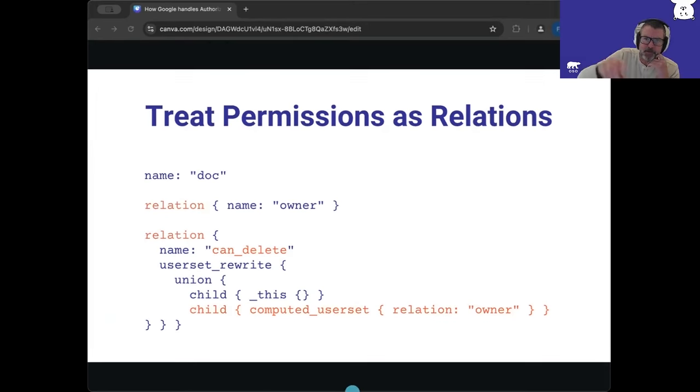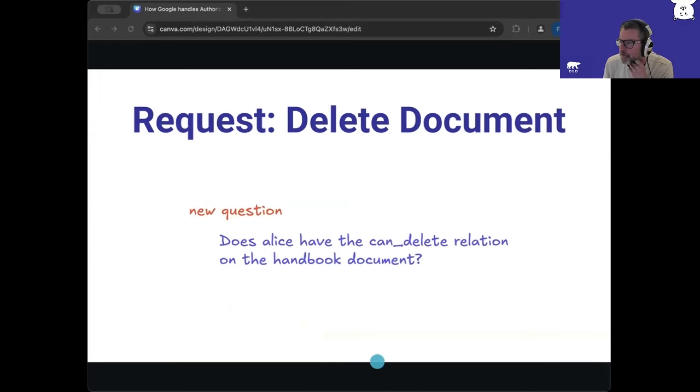But by adding the owner relation to all of the different actions that could come in, we can model this one-to-many relation to permission scenario that you see pretty commonly in applications. So what this does is it has the effect of recasting that permission question in terms of a relation question. So now, rather than having to put some logic in our application to figure out,